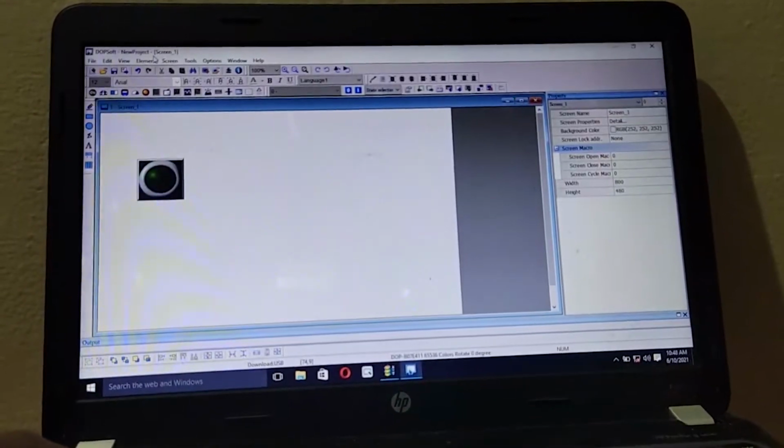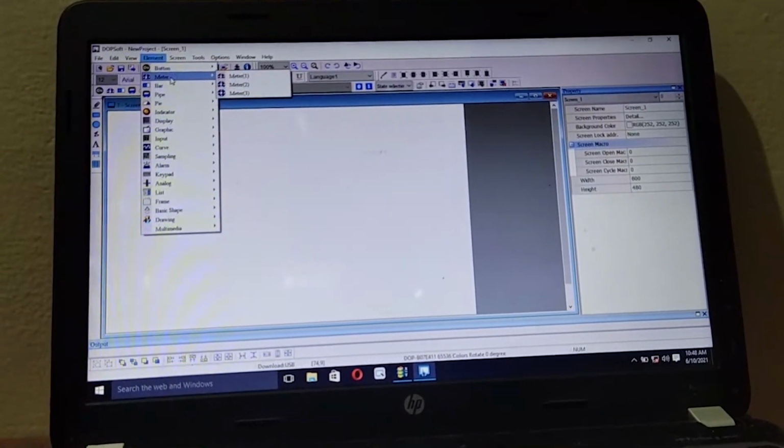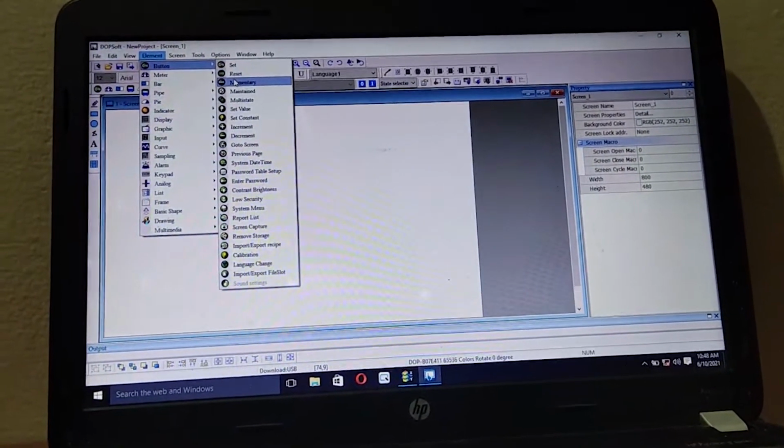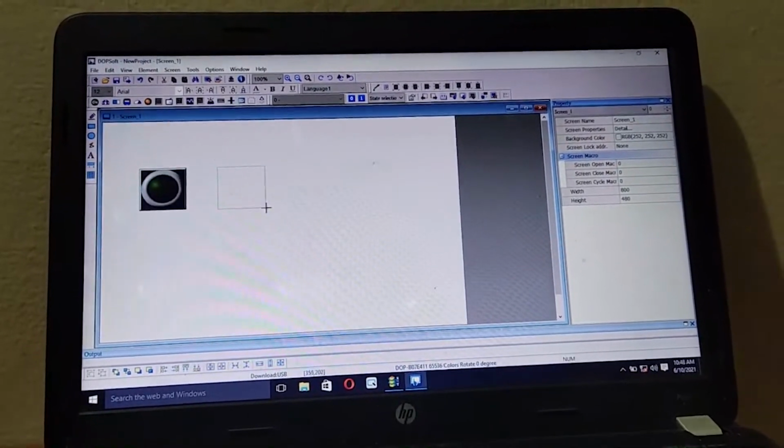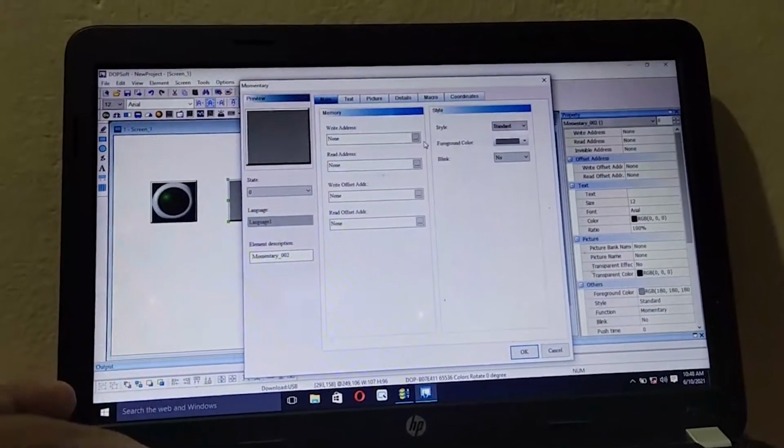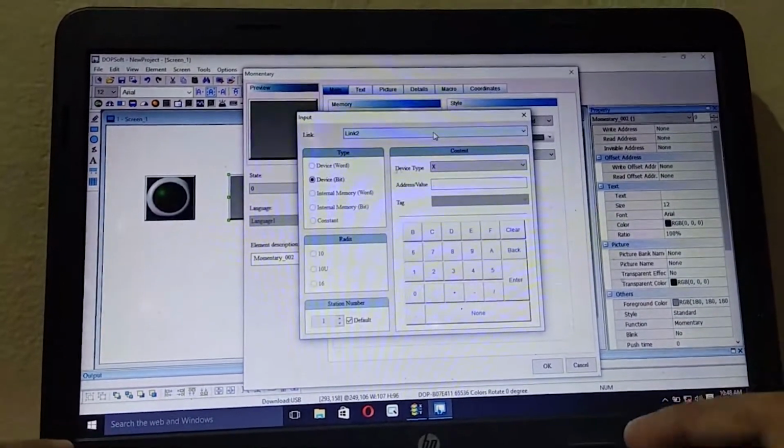After that I need to create another element for the off switch. For that I need to name it as M20.